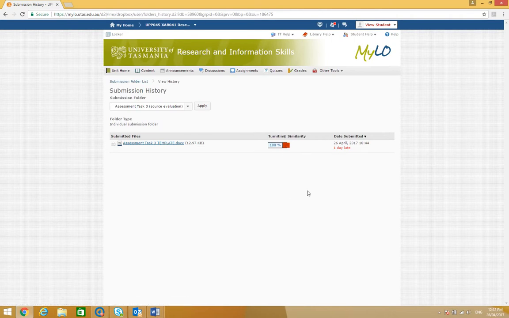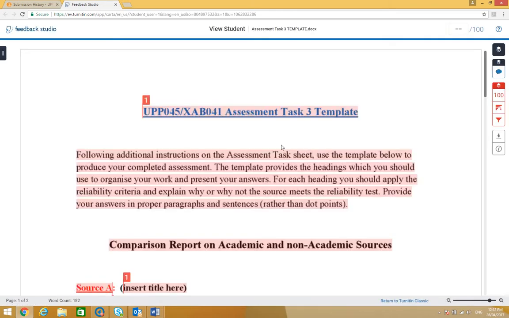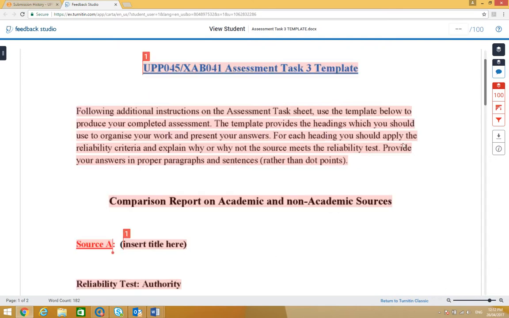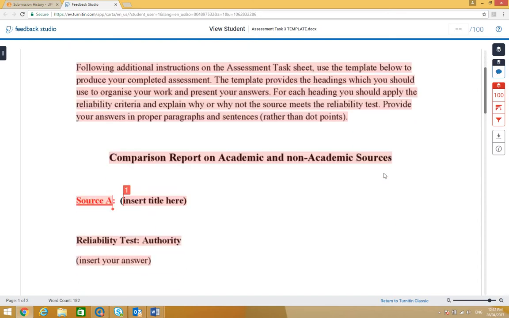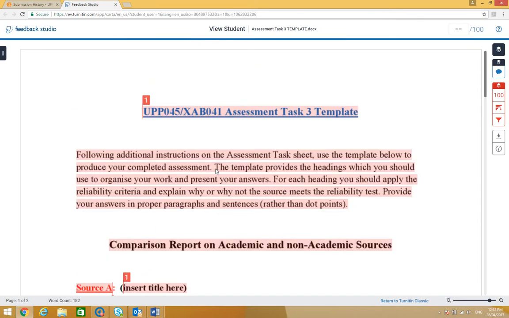But what you need to do to access your Grademark feedback is click on that colored rectangular box. That will take you through to the Turnitin area. And this is the view that you'll see initially. So initially it's giving you a list of all of the matches from the Turnitin Similarity software. That's not really particularly useful for you at this point, but in order to access your feedback, what